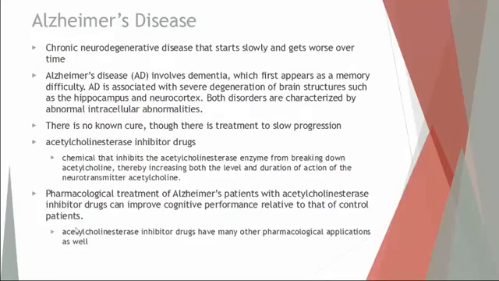Because you see the person in front of you progressively getting worse, and there's no cure, and you really can't do anything. Now there are some treatments that have been shown to help temporarily. This isn't a long-term fix, but it is somewhat of a help, and it's called acetylcholine esterase inhibitor drugs. Now we mentioned before, acetylcholine is a neurotransmitter that deals mostly with skeletal muscle contraction. Acetylcholine esterase is the enzyme that will help break that down.